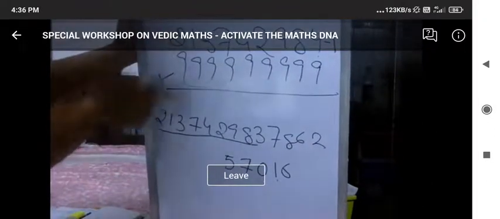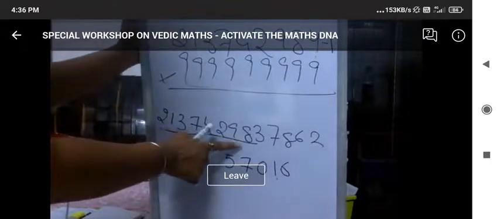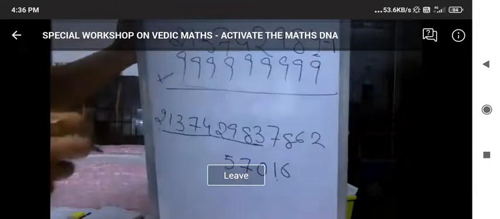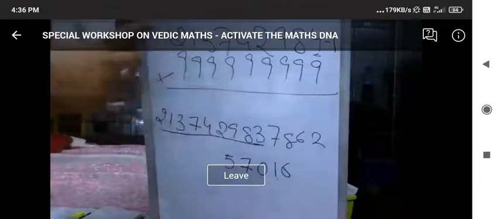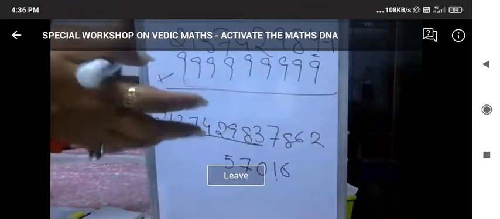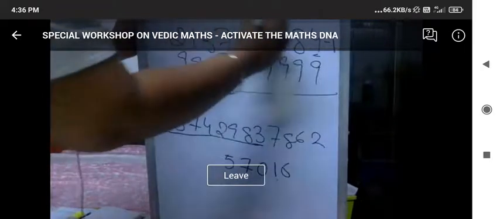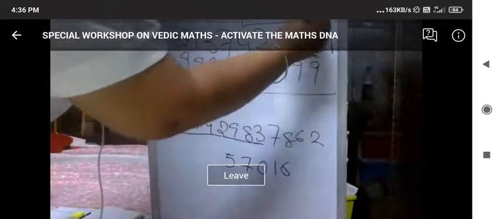It is 21374,298. And instead of 4, what is here? 3. Hope this is clear. I'll take the predecessor of my multiplicand. Right? I'll write it here. After that, what will I do? The next step says subtract all the digits from 9 and my last digit from 10. That is, 4 will be subtracted from 10 here.